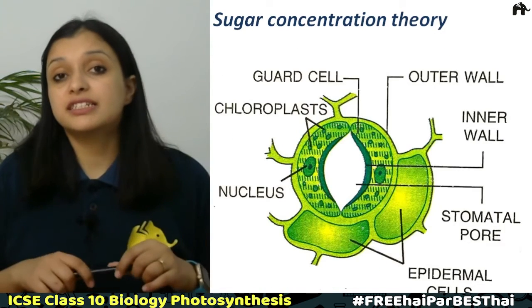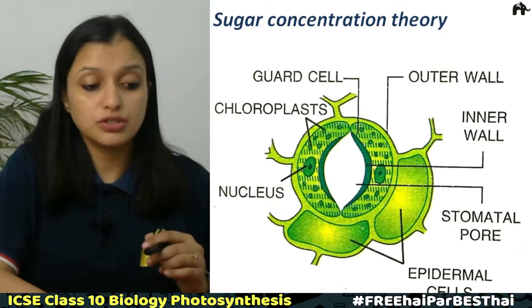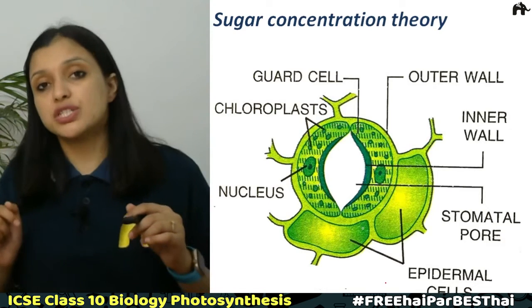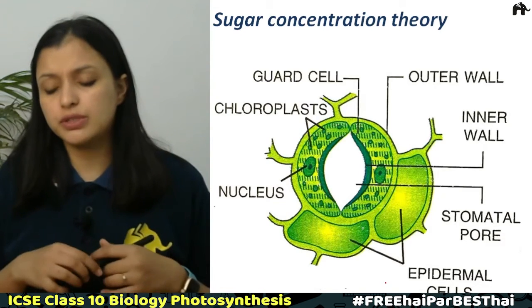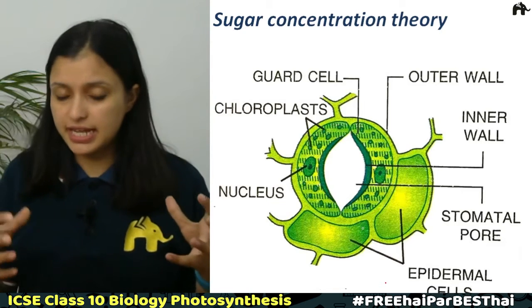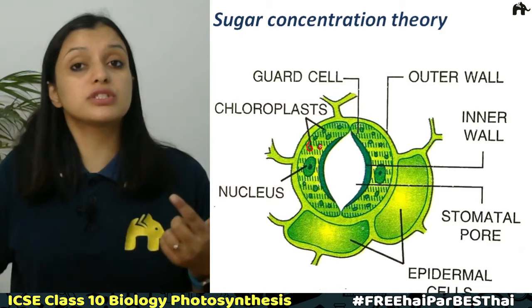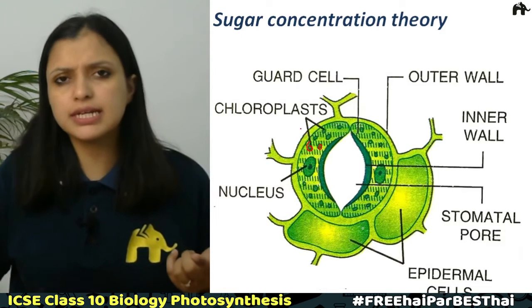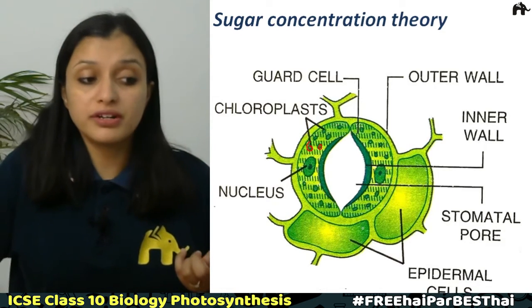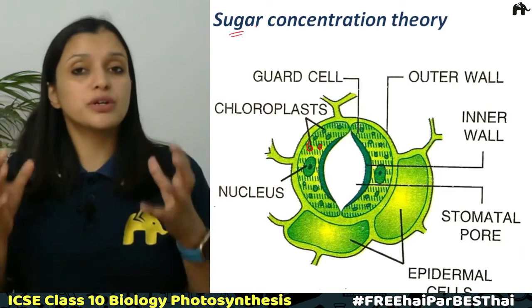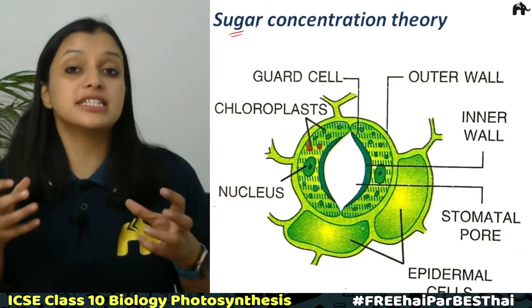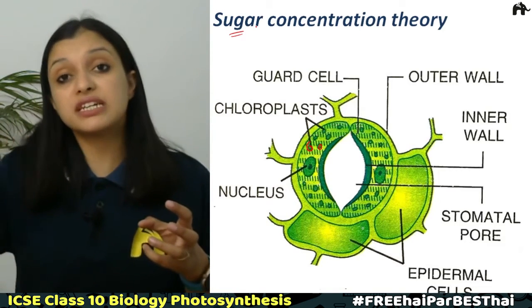Now the second theory is the sugar concentration theory. According to the sugar concentration theory, which is the older version of the theory, during the daytime the chloroplasts present in the guard cells start photosynthesizing. When they photosynthesize, they will produce what? They will produce sugar. Now the sugar concentration inside the guard cells increases, which leads to an increase in the